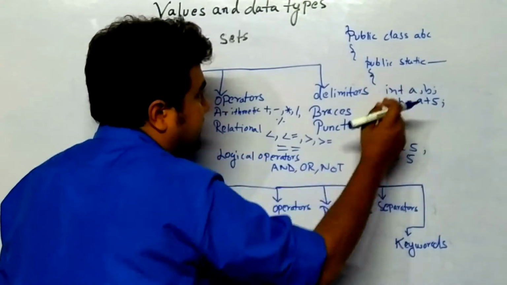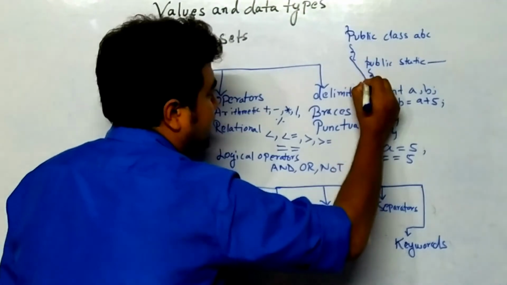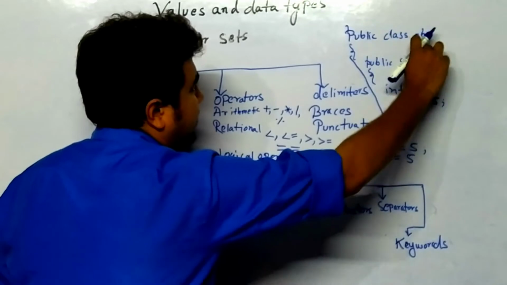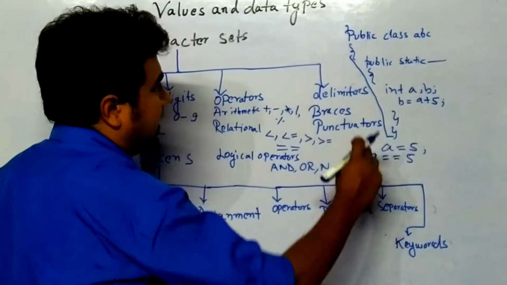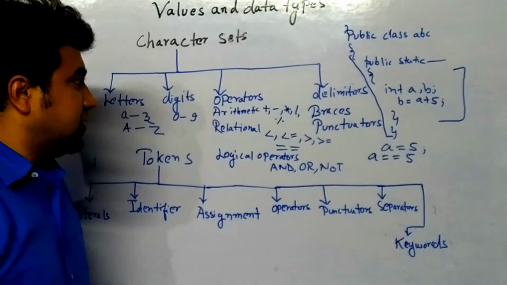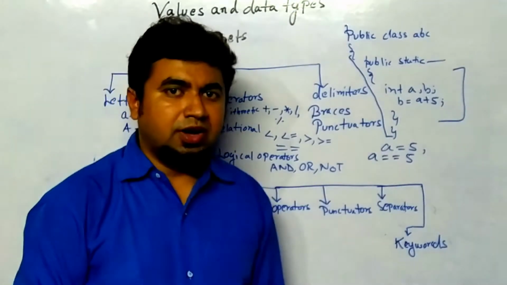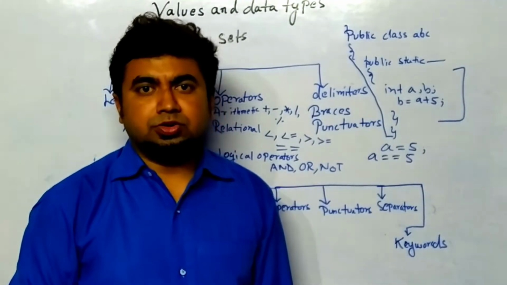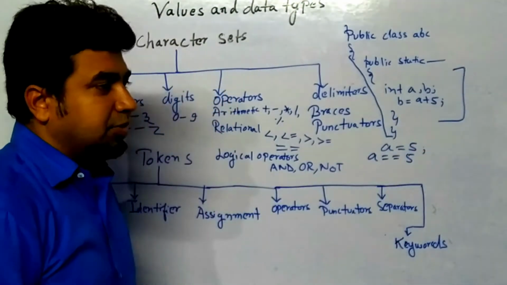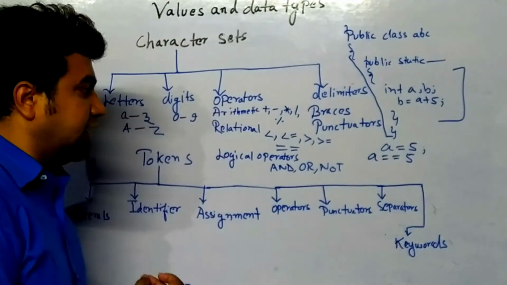These entire statements are written inside these braces. From here to here, these statements are written inside these braces. So the boundary of public static void main, this entire part, is present inside this, and the boundary of this is from here to here. This is with respect to braces or punctuators, as I already said about the comma. Then you have the dot operator also, that is the member reference operator. Then the semicolon. Semicolon is used to end the statement, means it is used as a line terminator.